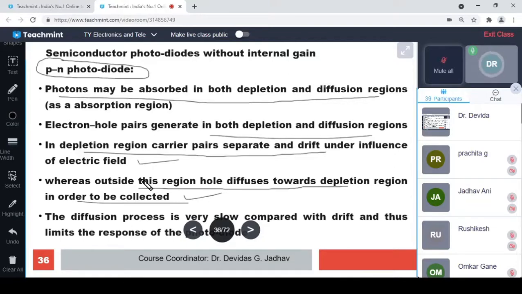So the diffusion region is found in the PN diode. There is no diffusion in the PIN diode. All this is available in the practice questions. But exam questions may ask, which is correct? The diffusion region is found in the PIN diode. It is not correct, isn't it? Diffusion region in the PIN diode gives high velocity. Diffusion region in the PIN diode will give low velocity. These statements are wrong because there is no diffusion region in the PIN diode, isn't it?